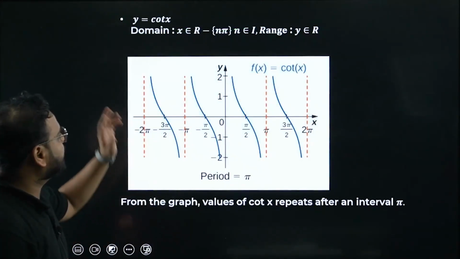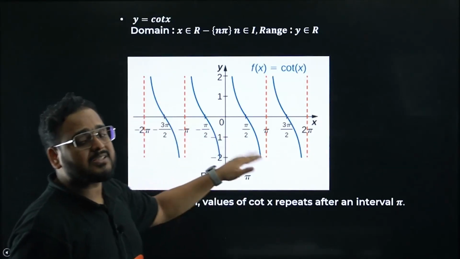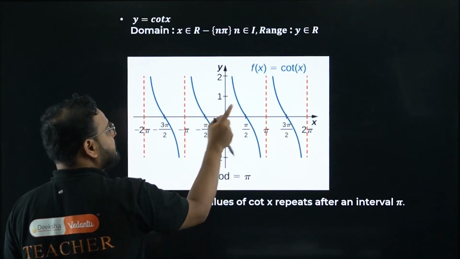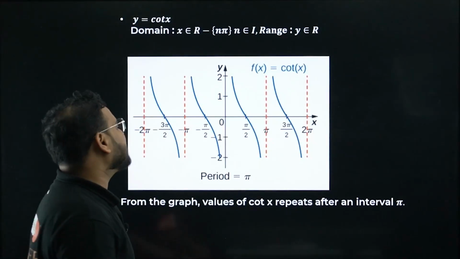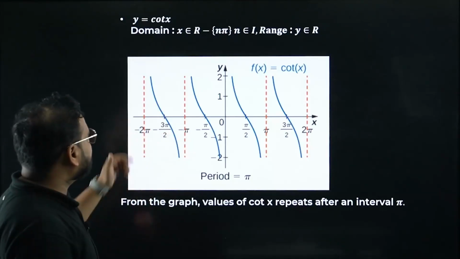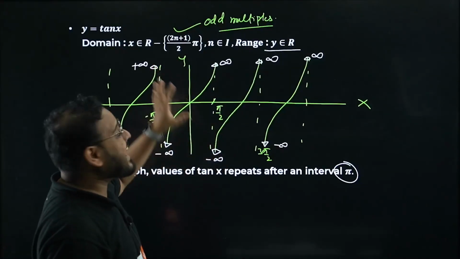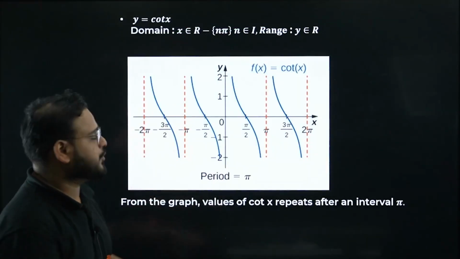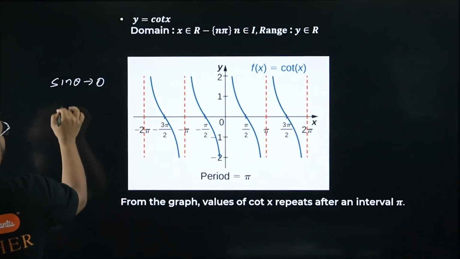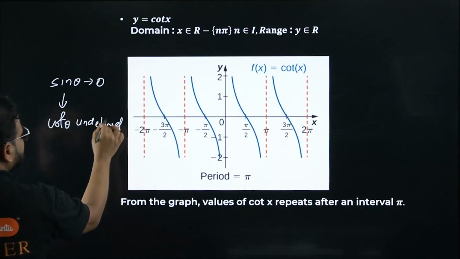Now see the graph for cot x. Same thing, it will be just the reverse of tan. You have it defined at the odd multiples, but at the even multiples you don't have it defined. Please check. It is defined at minus pi by 2, at pi by 2, at 3 pi by 2, but undefined at 0, pi, 2 pi, minus pi and minus 2 pi, the reverse of that. Wherever the cos was 0, we had tan undefined. In this case, wherever the sine theta is 0,